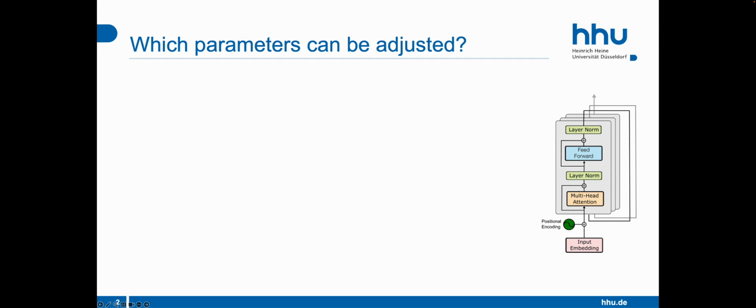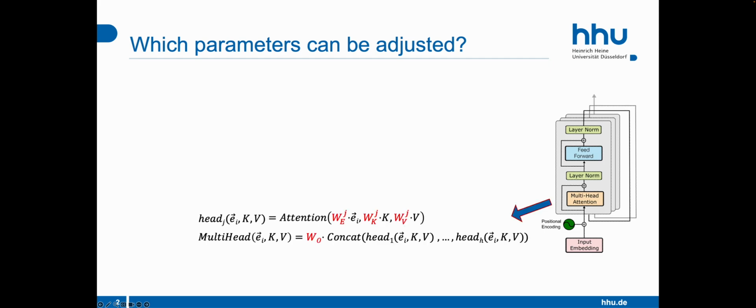Then we have the attention block. We have seen that in each head of the multi-head attention function, we have matrices WQ, WK, and WV. And all entries of these matrices can be adjusted during training. And also the matrix WO that we use to transform the concatenated vector has adjustable parameters. Then we have layer normalization, where we have the learnable parameters gamma and beta, and those parameters allow us to rescale the normalized embeddings. And finally, we have the fully connected neural network,